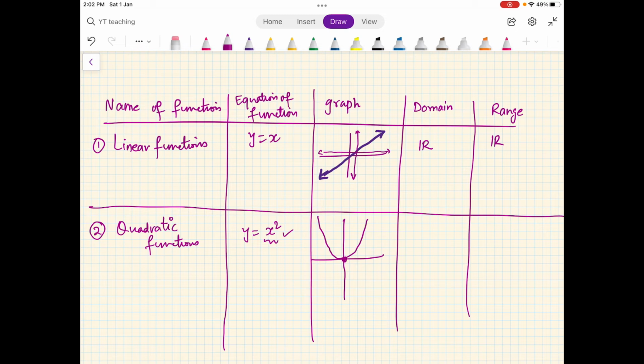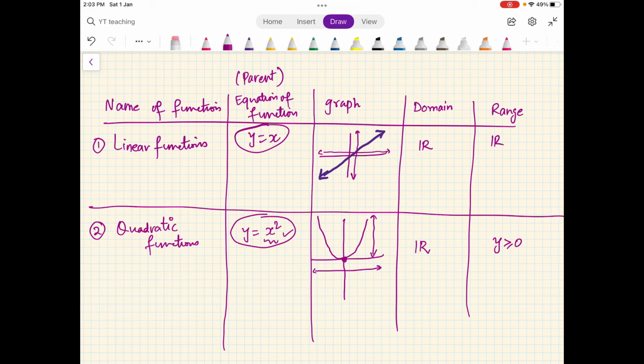So what is the domain? Here you can see all the values of x, so the domain is R, and the range is only positive values of y, right? We can have different members of the parabola family, quadratic functions, and then accordingly the domain and range will change. But we are talking about this parent function, so here I'm writing the equation for the parent.